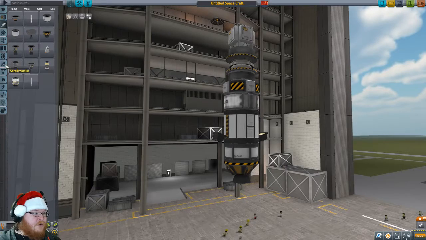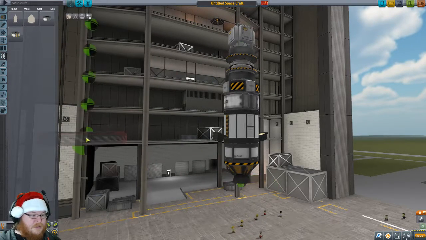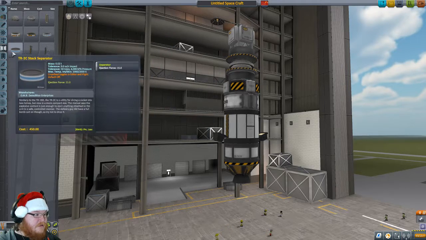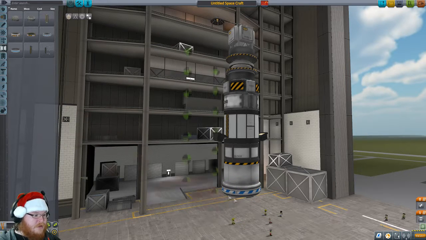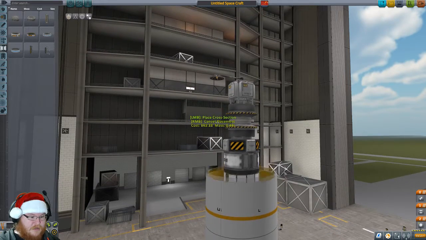So here we go. Now we want to make sure our package is very well saved and sealed. I will need a coupler here. Stack separator. Oh, it's a small one. Is this a bigger one? Yeah. Need the stack separator along with this. And we want to make sure it covers...